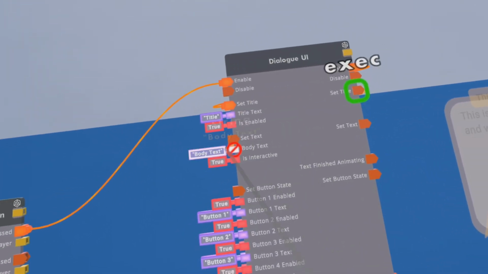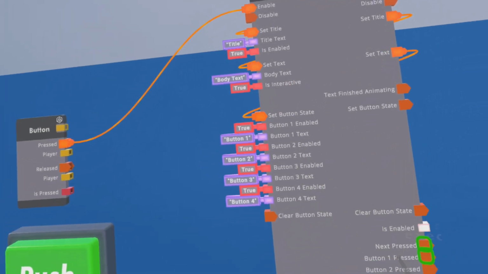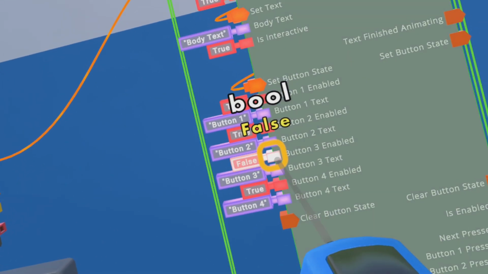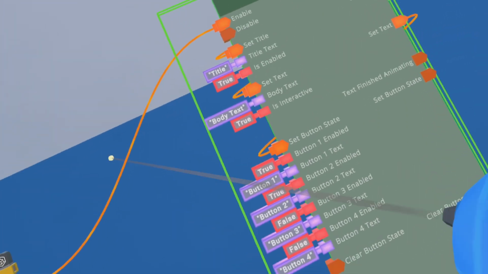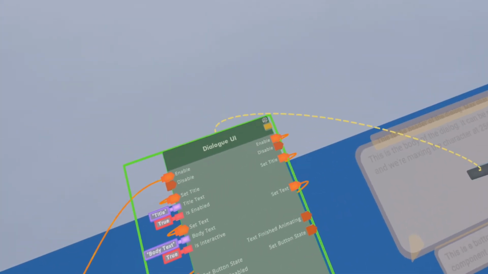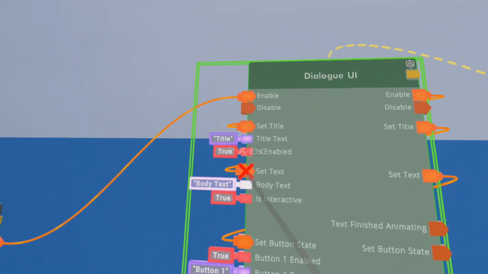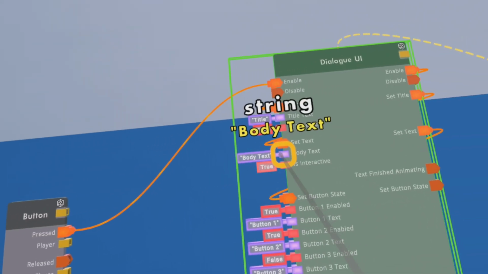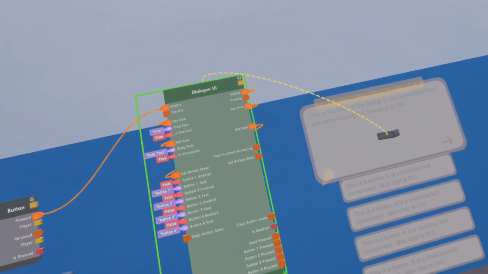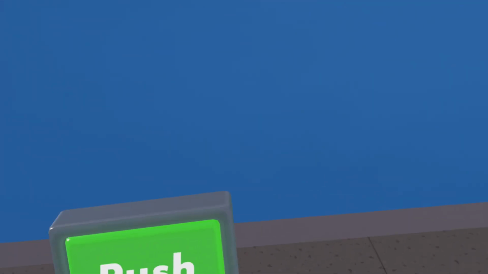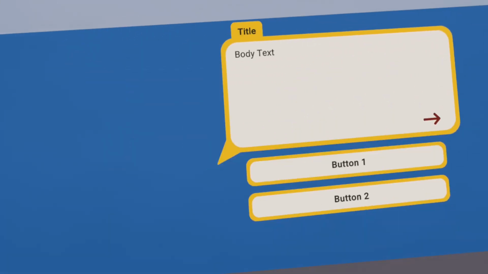Set the title this way, set the body text, set the button state, and I will only have 2 buttons for this, so I will put button 3 and 4 to false. You can have 4 buttons as well, but then you will need to advance the system a little bit more. So we keep this just title, body text, we keep it all as it is for now. So now you can do this with a button press, of course,